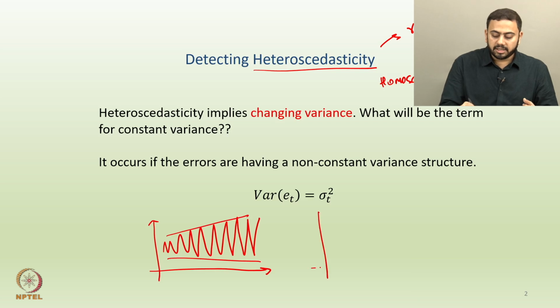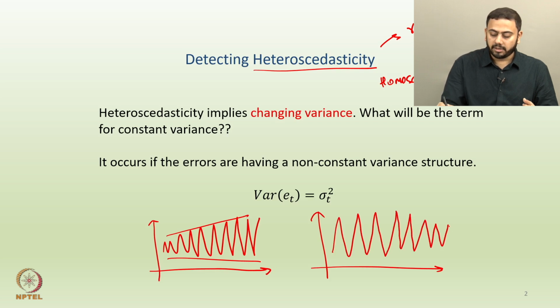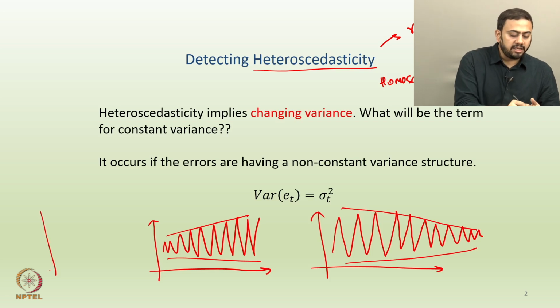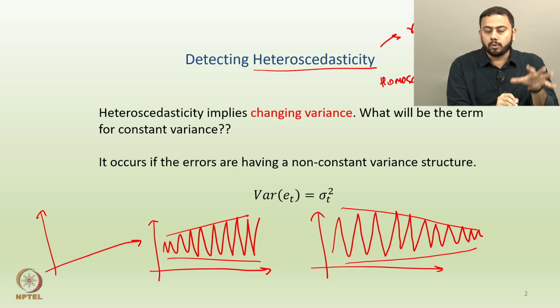And exactly opposite to this can also be observed, let us say something like this, that initially you have quite a lot of variance, but then as you go down the timeline the variance is reducing. Okay. Probably something like that. So even though initially you have large variance, as you go down the line the variance is decreasing. So this is more like funneling in, right. So fanning out and then funneling in kind of an effect. Okay. Or for that matter there could be some other very complex pattern where you see some changing variance happening in, let us say, localized neighborhoods.